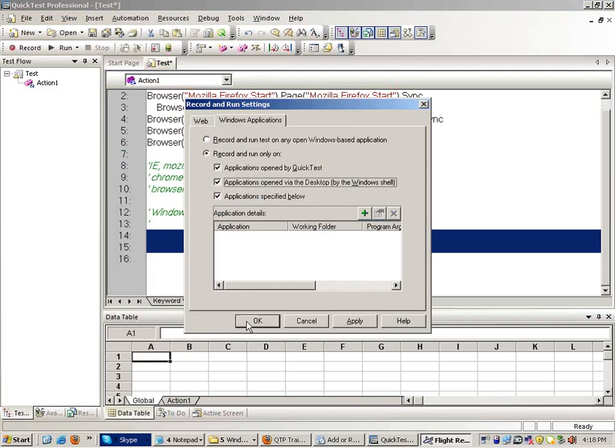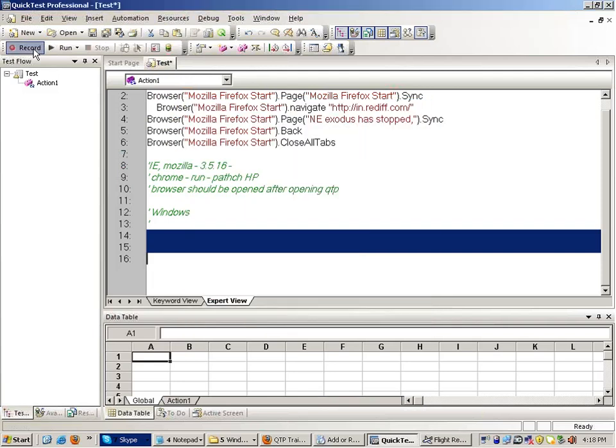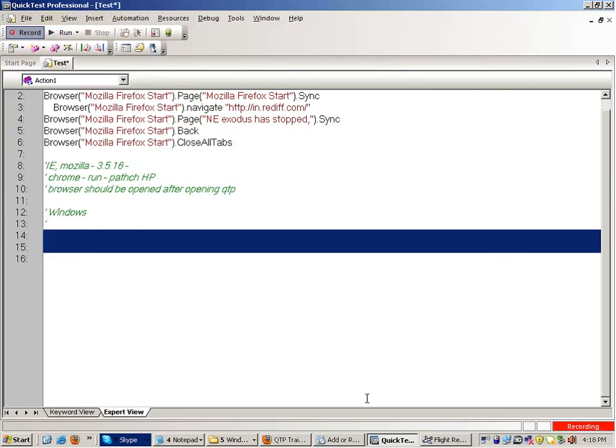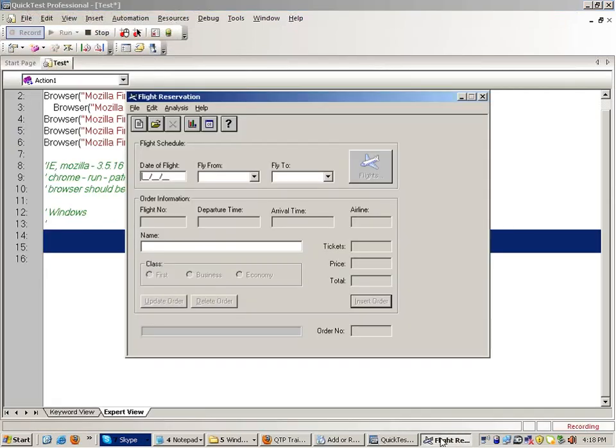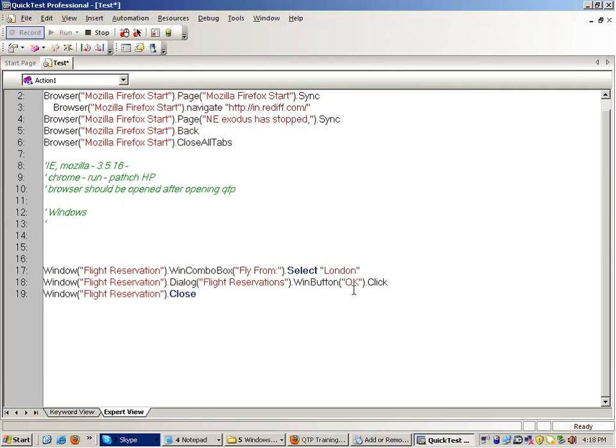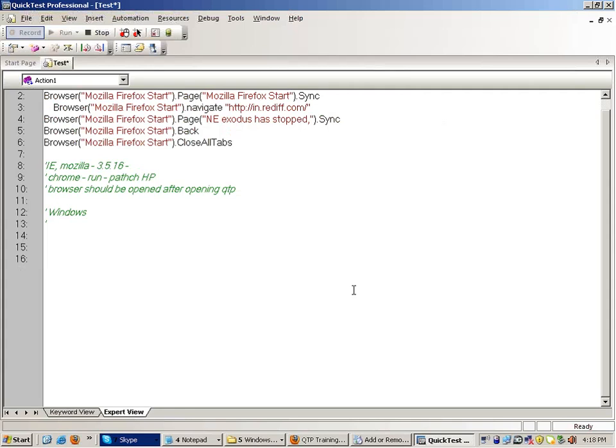If you click on the second checkbox, and now click on the record button and open up the Flight application, and I select something from here, you see that the recording starts. Now I am assuming everybody knows what basic record and run is, which is there in every automation tool.